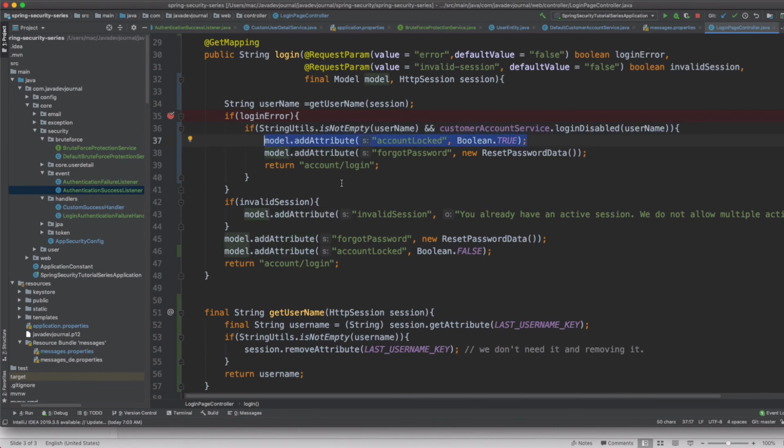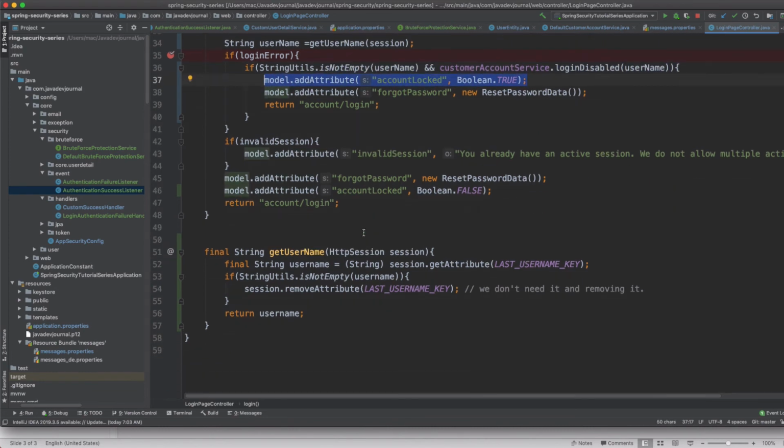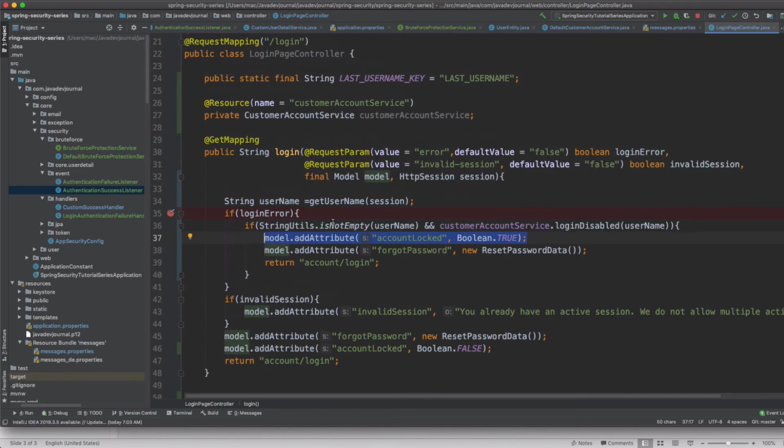All right. Now, one thing which you have to be careful about is that by default, when the control is given back to your login controller, everything will be cleared out by Spring Security. So the username filled in by the user will not be available here. Okay, and that's part of the security framework. They don't want to expose those details, so they wipe it out before handing over the control to us. In order to keep track of that username, because without it you won't be able to get the user information, you need that email ID at least for sure.